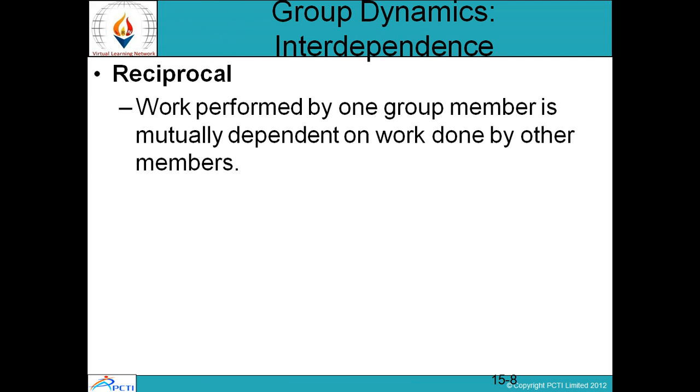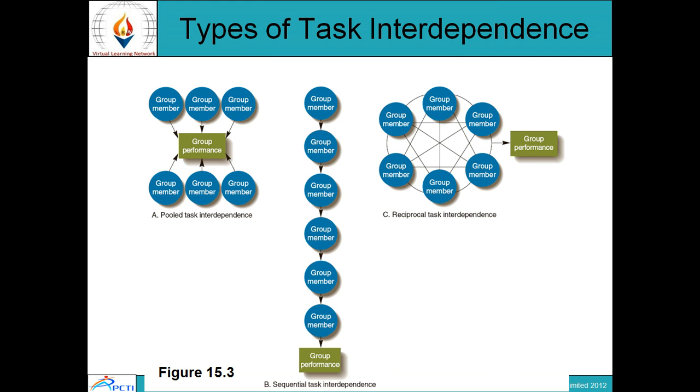Another style of working inside group dynamics interdependence is the reciprocal type, in which the work performed by one group member is mutually dependent on work done by the other members. There is a view of task interdependence, and different types of task interdependence, in which the group performance can be